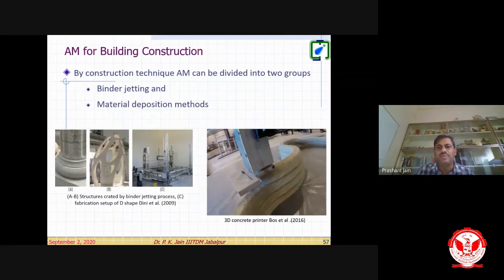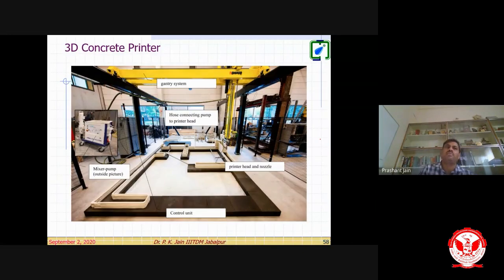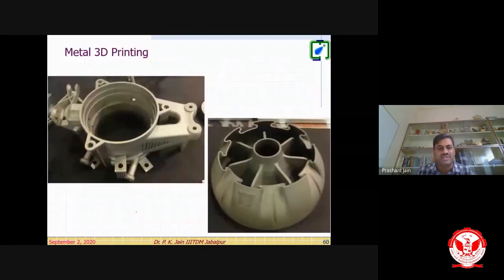And look at this, people have developed huge 3D printers, like binder jetting and material deposition based methods. The concrete itself is deposited like this. See a huge gantry printer, right? A concrete printer. You can see here a big huge factory. These kinds of walls can directly be printed using concrete. After solidification, this house can be transported, right? And now people are working on how this can be a modular or sustainable design, so that it can be assembled at some other places.